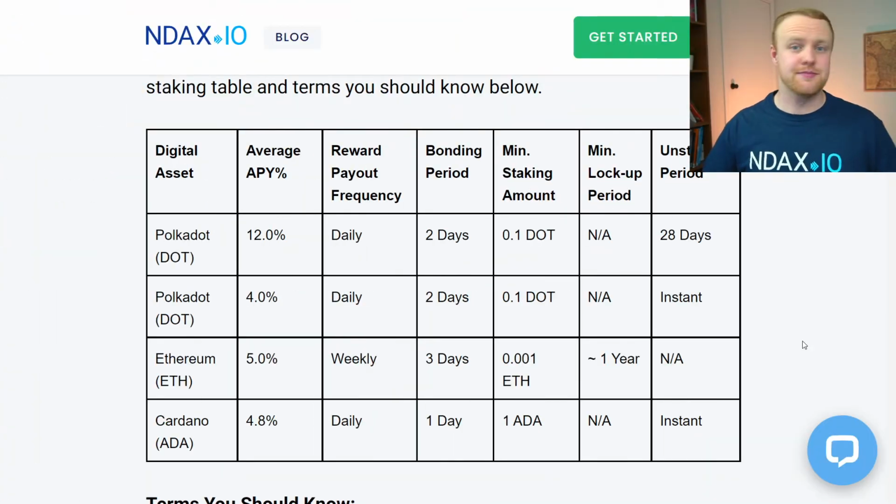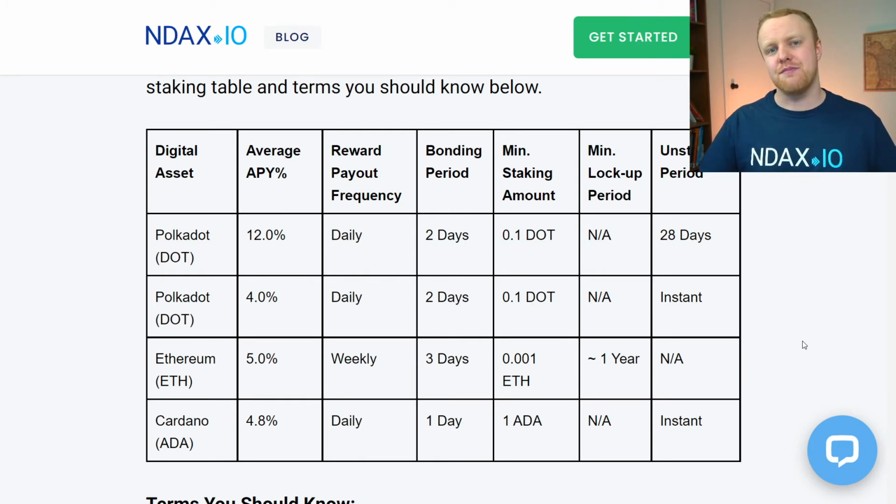And currently, we're not sure when that is going to exactly happen. Some people will estimate in the next 6 months, but truly we don't know exactly when this is going to happen. So I'd recommend only staking Ether if you're okay with that uncertainty on when you're going to be able to withdraw it. Each of these staking plans, much like the individual assets, come with their own set of risks,